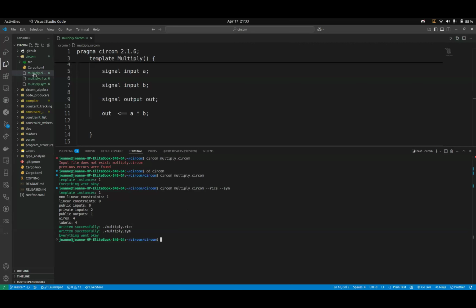We had the GitHub and then Circom. Then below there you can see multiply. The first one you're pointing at is multiply what? Circom. That is the name of the folder. Then below it we have multiply rank 1 constraint, and then we also have multiply sim. So some folders have been added. Now, the rank 1 constraint